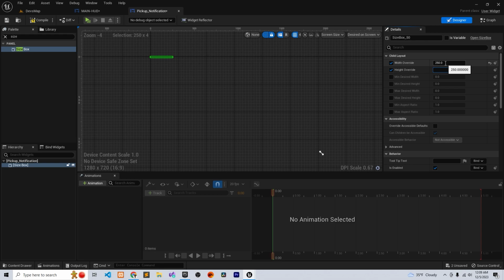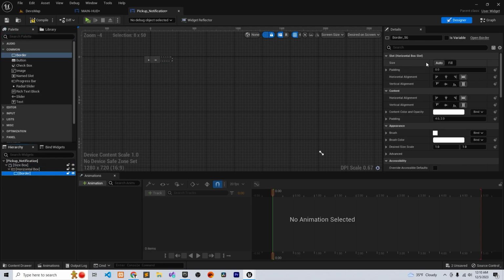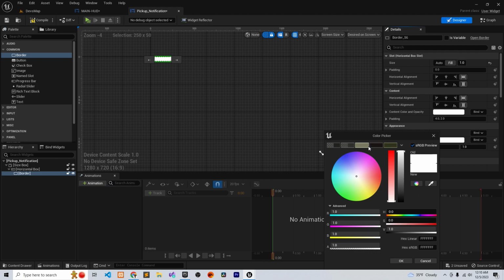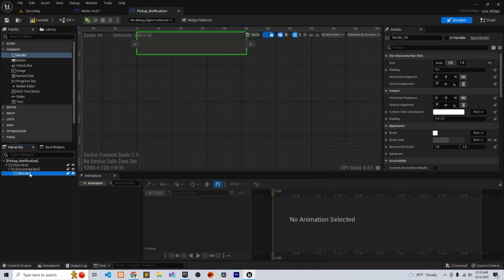And we need a horizontal box, and we need a border inside of a horizontal box. Set it to fill, pick a color you like. I'm gonna get this color, yeah, this color. And then inside of the border, we need a horizontal